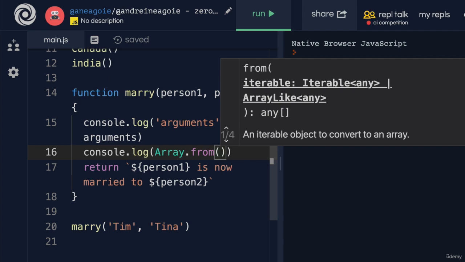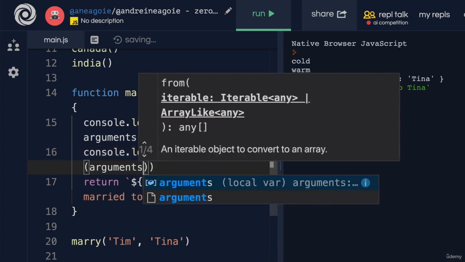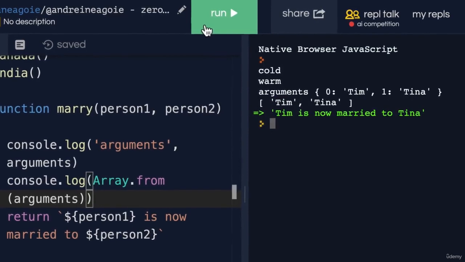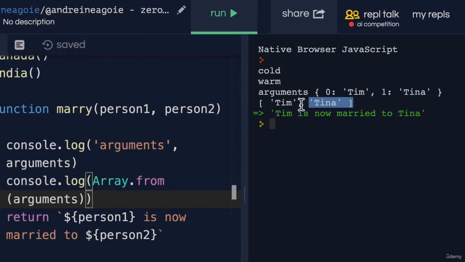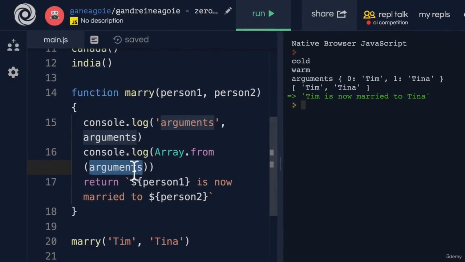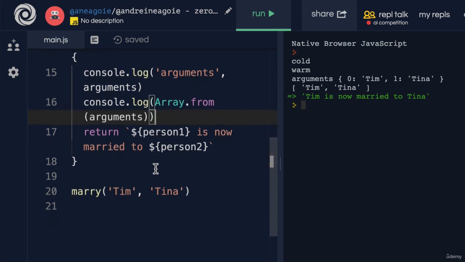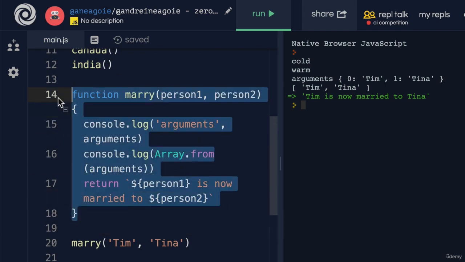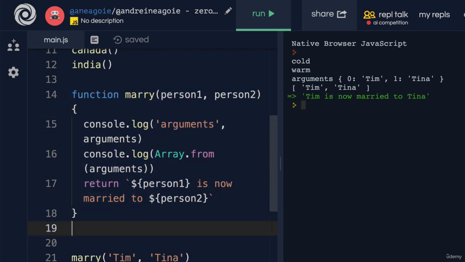And this, if we give it something like arguments in here, will create an array from whatever we give it. So if we run this, you see that I get Tim and Tina in an array form, so that we can now use array methods on arguments. So that's nice. Another way to do this is to, let's have the Mary function again, but this time use